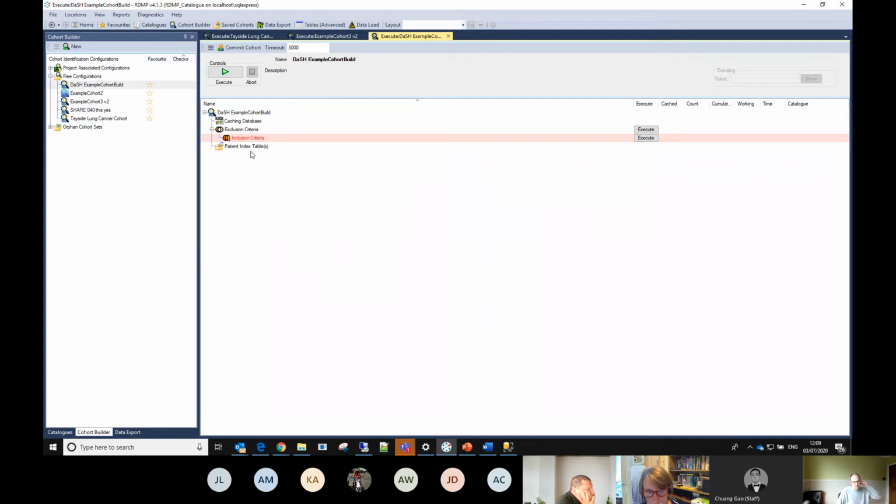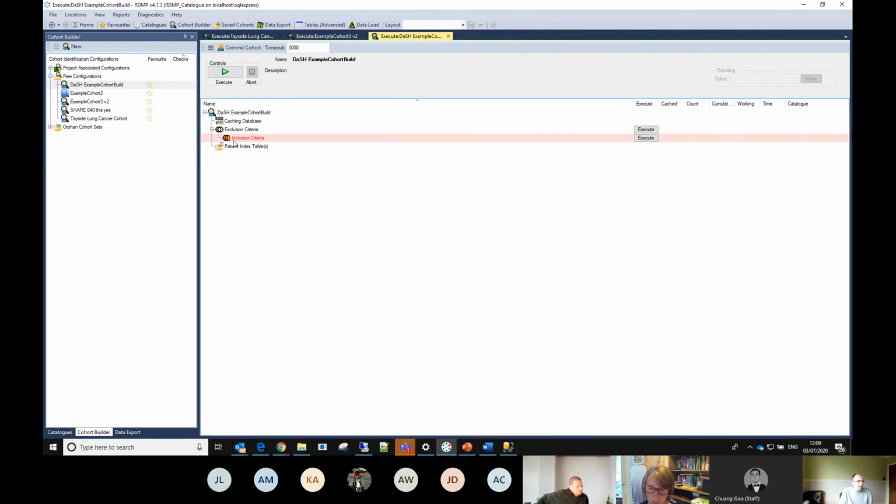RDMP does that just to give you a kind of starting structure. You'll also see that inclusion criteria is bright red, and the reason for that is that little tooltip that's come up, which if you can't see it says that it's an empty container set and it has no effect. So basically this container is being ignored because there's nothing in it.